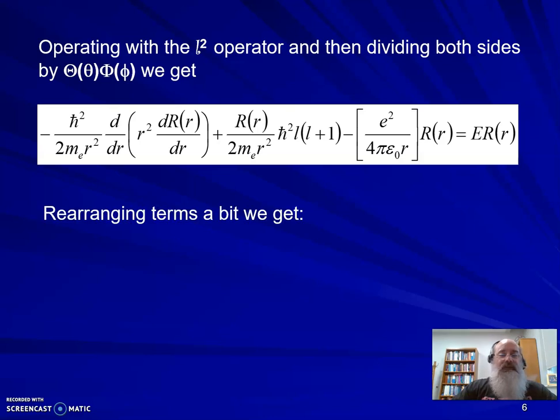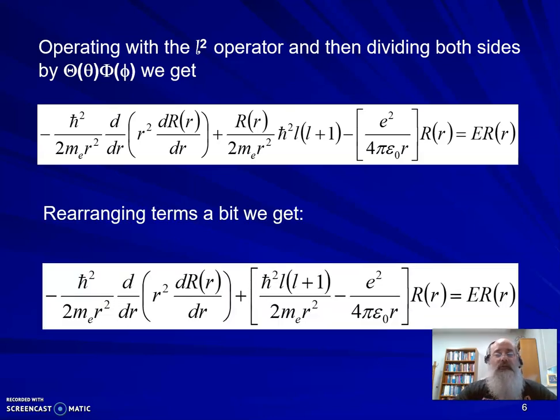And we can rearrange this a little bit, and I'll leave it to you guys to leave some space between these two lines in your notes, and do the algebra yourselves. Make sure you can get from one to the next on your own. We have a little bit easier version of this item to work with. So energy times the R portion of the wave function is negative h bar squared over 2m r squared d/dr of r squared times dR/dr, plus